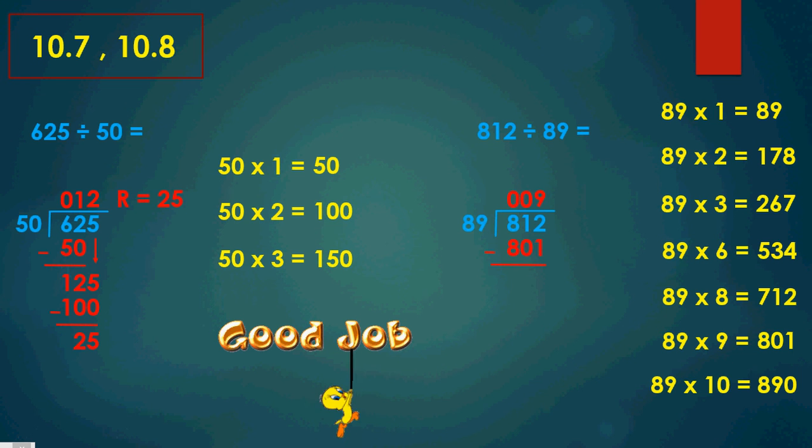Now I need to subtract. Okay, so 812 minus 801 is 11. 2 minus 1 is 1. There's 1. Now 1 minus 0 is 1. And 8 minus 8 is 0. That means that my remainder is 11, guys. Okay? Good job. Now, let's continue